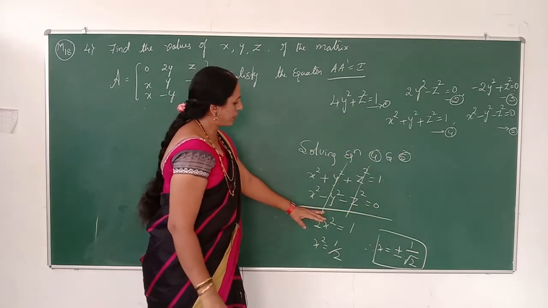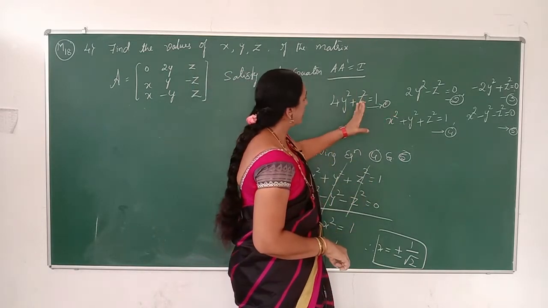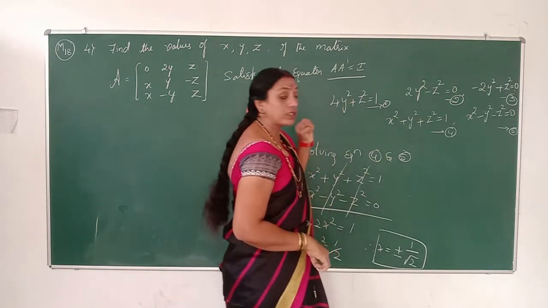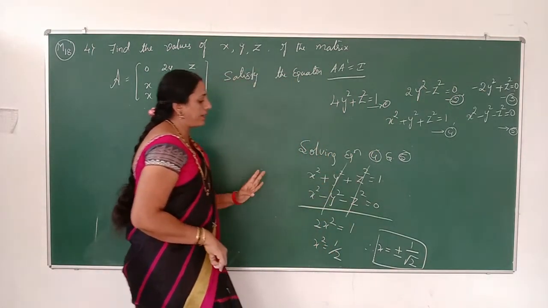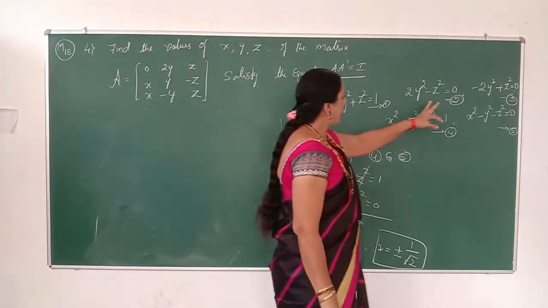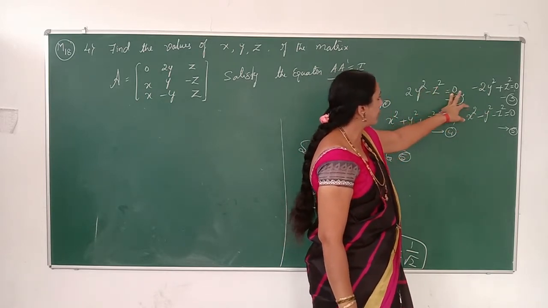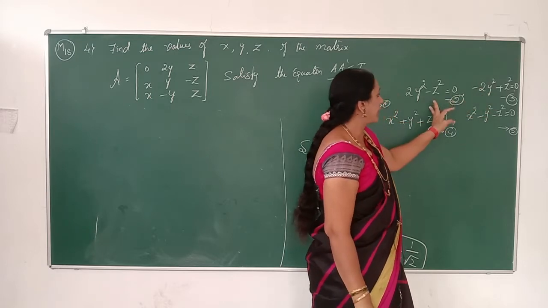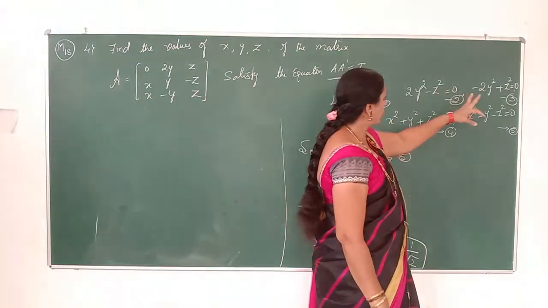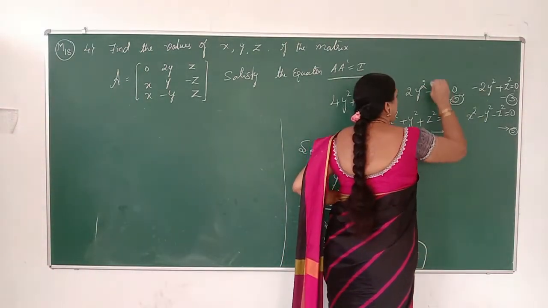Now this value can be substituted in any other equation, but the other equations do not depend on x, they contain only 2 variables, so that is a separate value of that equation. So similarly we solve the other 2 sets of equations. First we'll observe equations 2 and 3. Both are the same: 2y square minus z square equal to 0, and that equation can also be written by taking minus as a common factor, 2y square minus z square equal to 0. Therefore 2 and 3 are the same, so it is not possible to solve them together. So we'll consider any one of these two.